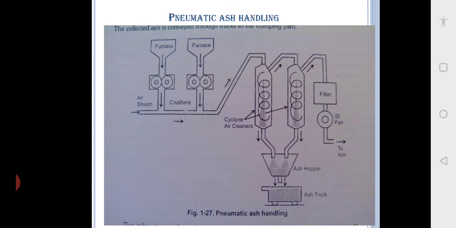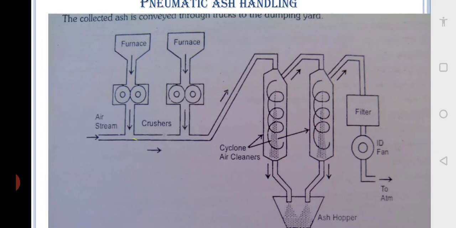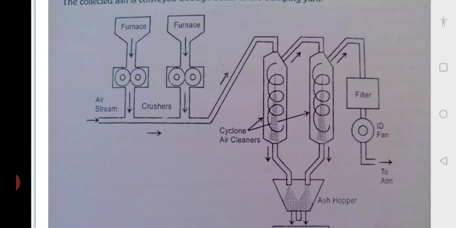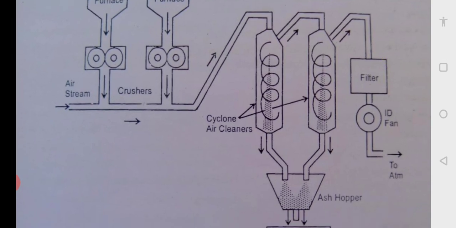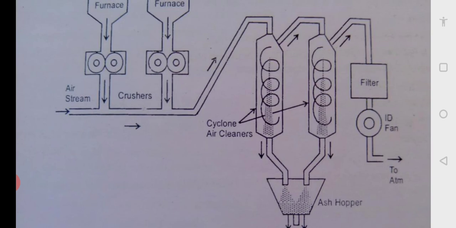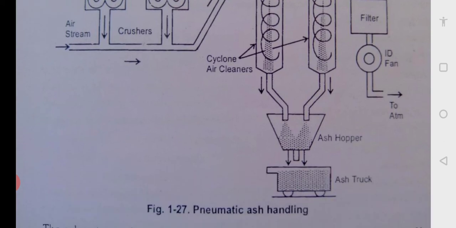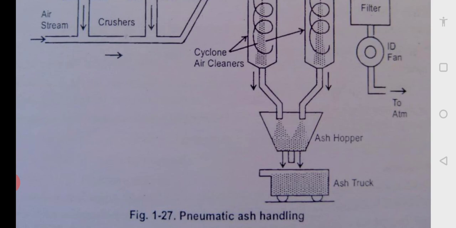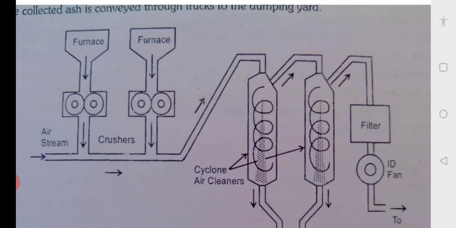And last is a pneumatic system of coal handling. Here air is used for you can see that two furnaces they are shown. So the ash is falling down. So this ash is coming to the 2 cyclone separators, or they are also known as cyclone air cleaners. Okay, so due to cyclonic effect only, the light particles, heavy particles will fall down, and top light particles will go on the top. So you have got an ash hopper, it will come to the ash hopper, and below that again trucks will be there. They will be loaded one by one, and they will take away the ash. This is known as a pneumatic ash handling system. Okay.